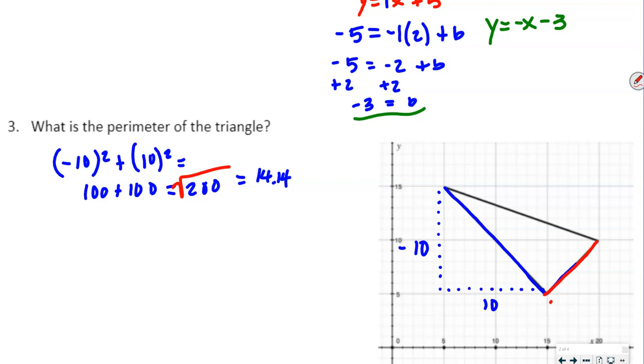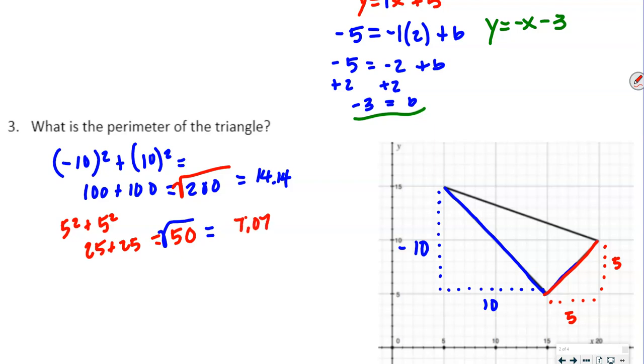And we're going to count 1, 2, 3, 4, 5. 1, 2, 3, 4, 5. Okay, so once again, we're going to do 5 squared plus 5 squared. That's going to be equal to 25 plus 25. So that's going to be 50. And again, we're going to take the square root of that. And so that value is going to be